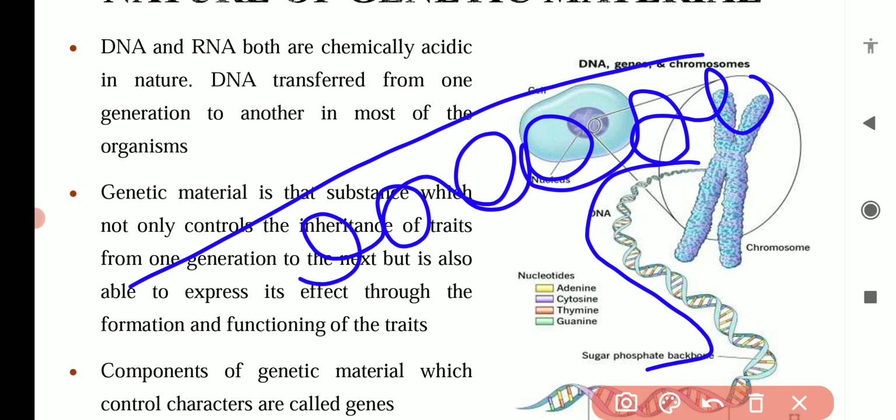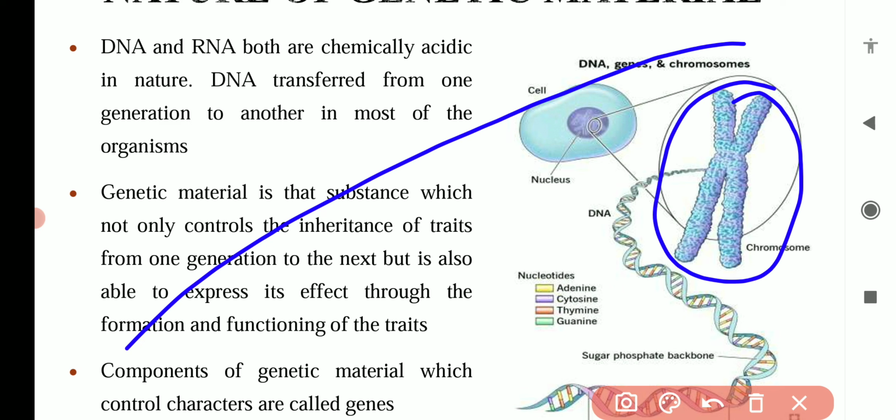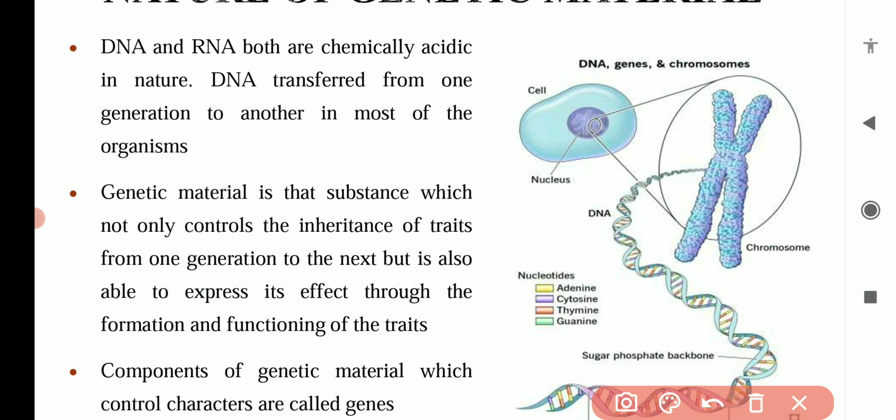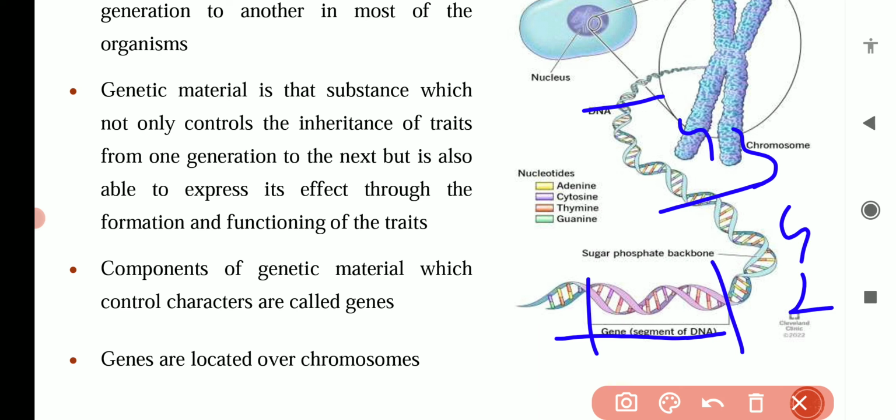We have already discussed this coiling in our previous video on the nucleosome solenoid model. The nucleosome solenoid model tells us how this long, linear DNA molecule gets coiled and fits into the X-shaped chromosome structure. So basically this chromosome is made up of DNA and histone proteins. This DNA is made up of several genes. All the genes are present on the DNA in linear form. This is gene 1, then gene 2, then after that gene 3, and so on.